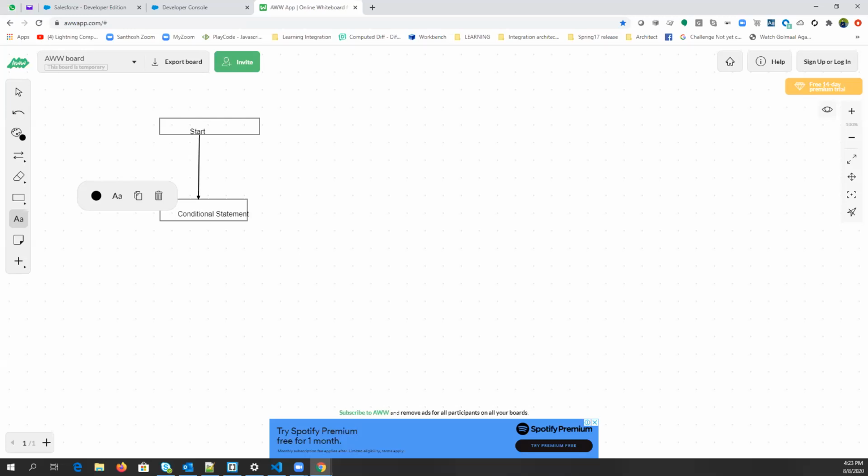Conditional statement. So a conditional statement can be true or false, right? Either it can be true or false. Like, if I say, if you do this, then I will give you this amount. If you do that, then I will give you another amount, right? So this is a condition. Every time there is a condition, it can be true or it can be false.